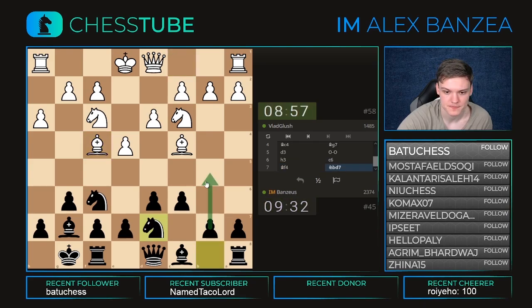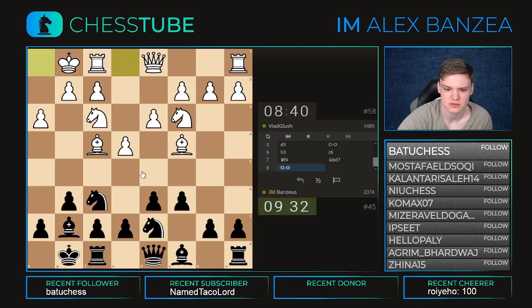I'll start it this way. Flat is b5 followed by knight c5. We need the bishop pair. We should either do this or that, I think. Don't really expect this kind of players to understand that, so